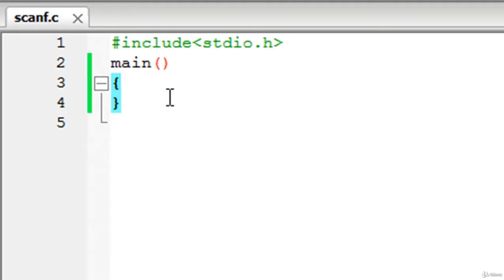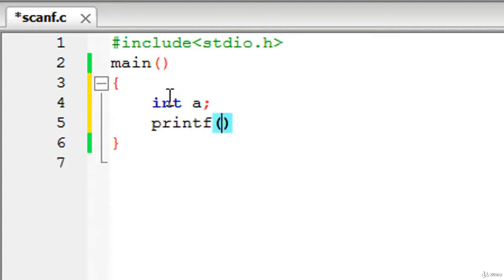So we store it in the location of the variable in the memory, and for this program I'm going to use an integer variable, and we'll have to declare the integer first. You do that by typing int, space, name of the variable, which, let me just call it a. I'll put a semicolon at the end to terminate the statement, and now I'm going to use printf to display a message to the user on screen instructing him what he has to do. So we'll just display "enter a number:", put a colon at the end, and put a semicolon to terminate this